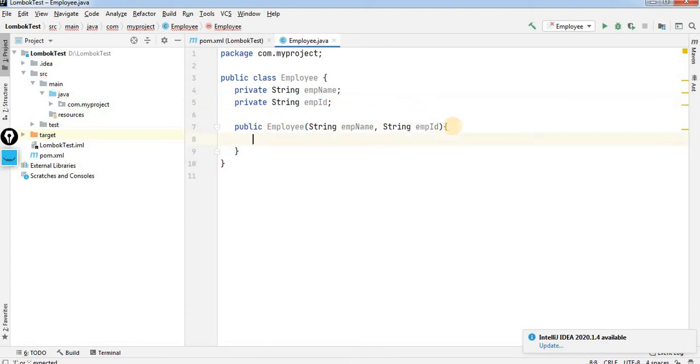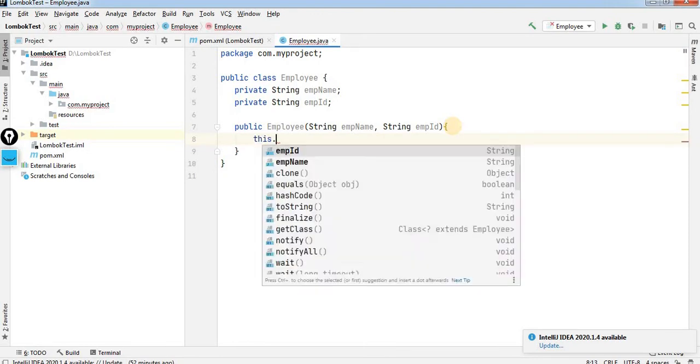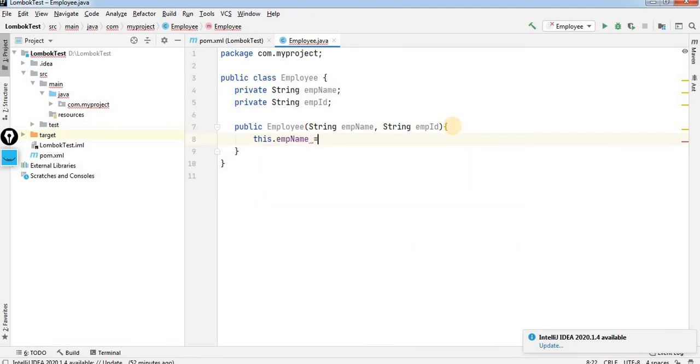I will initialize these two parameters with the current class reference: this.employeeName equals employeeName, and this.employeeID equals employeeID. The information you pass as employee name and employee ID at the time of creating an employee object will be assigned to the current class reference variables.